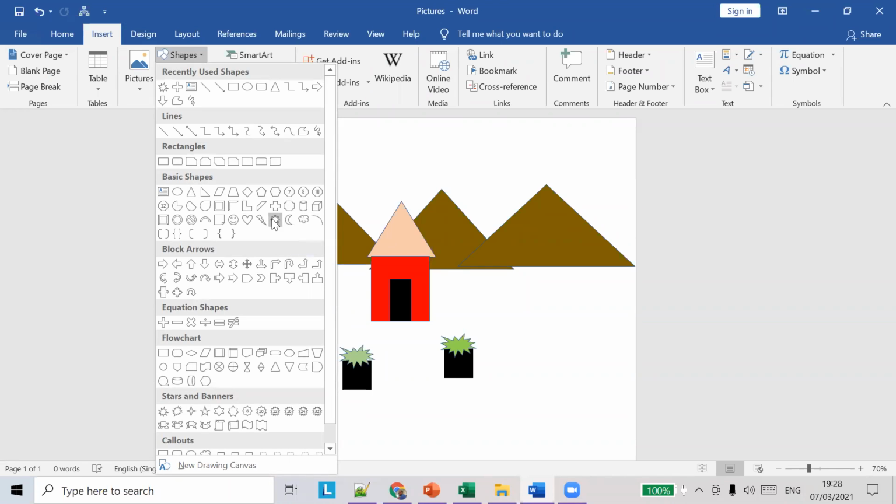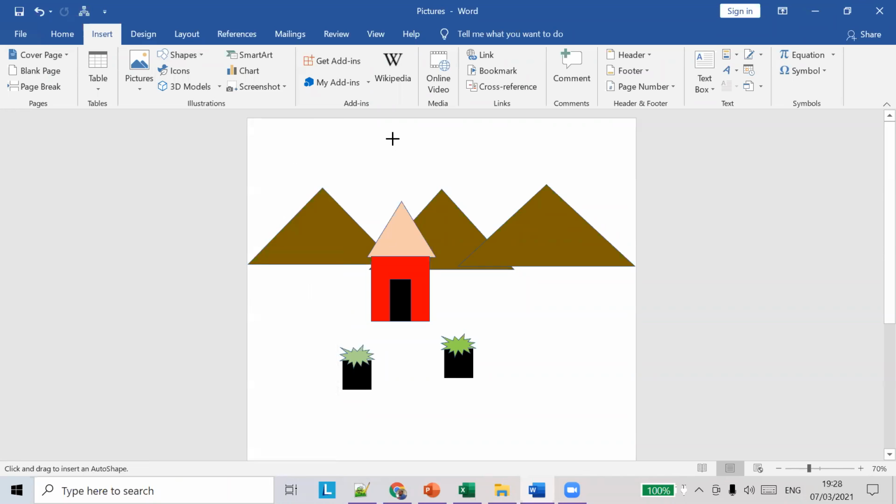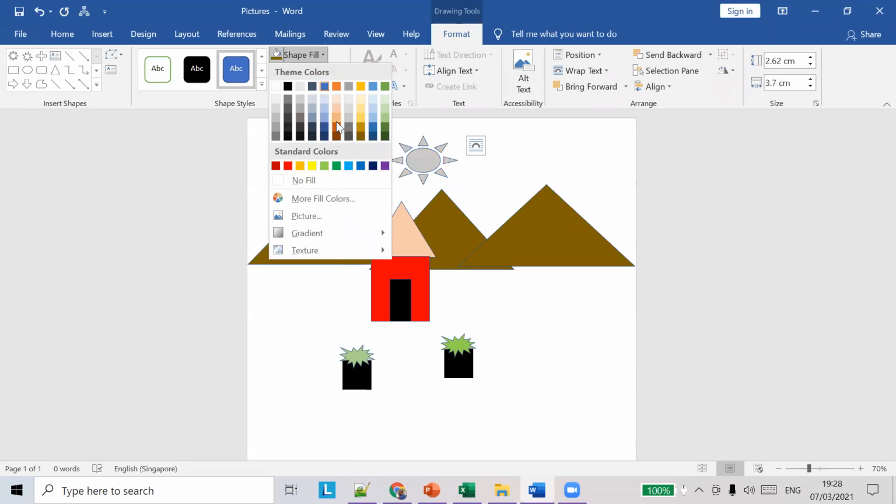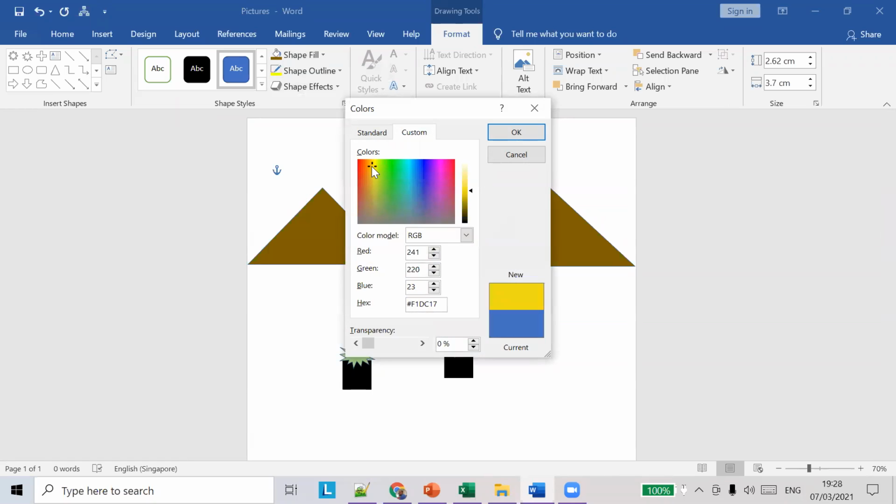So placing on the image, we can see the name of the image. So click on sun. Yeah. So just change the sun color. Sun color.